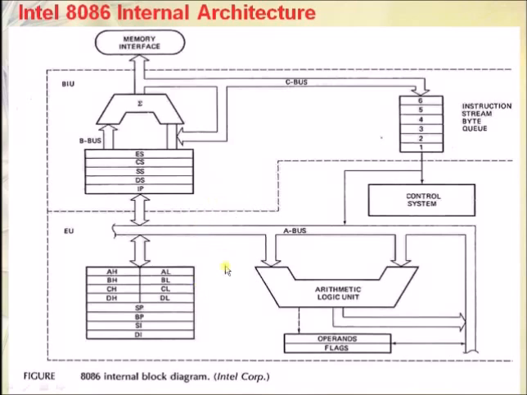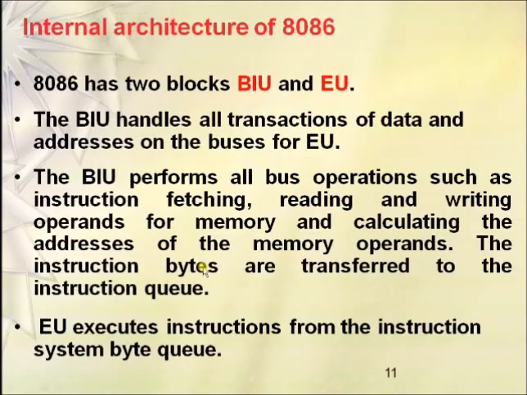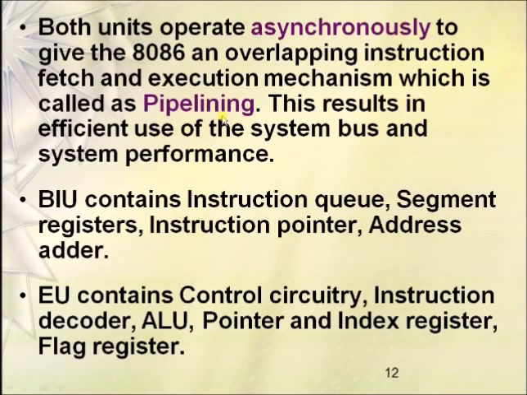As these are independent in nature, it provides a possibility of pipelining, a mechanism called pipelining. Now what do you mean by pipelining? Pipelining is a technique where multiple instructions are overlapped in execution. It means while one instruction is in the fetching stage, the previously fetched instruction would be in the execution stage. If we use pipelining effectively, it enhances the performance of the system, and the processor time is efficiently utilized.